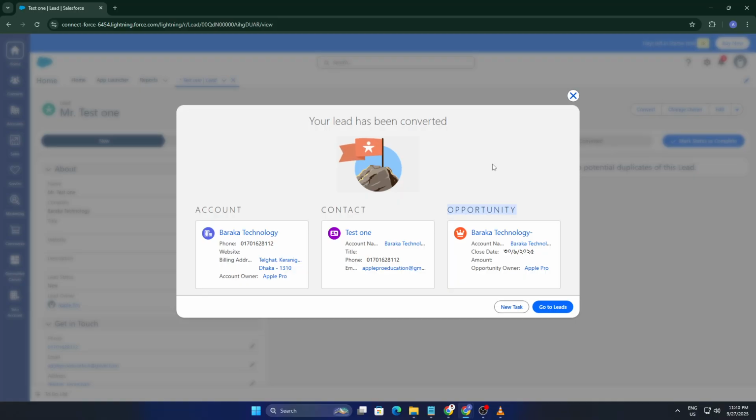By following these straightforward steps, you can efficiently manage your leads and keep your sales pipeline moving smoothly in Salesforce